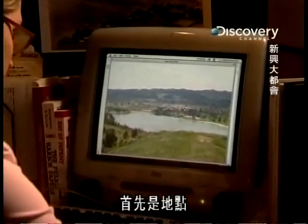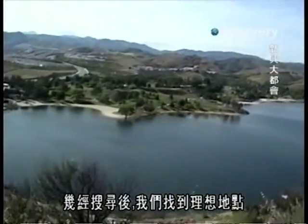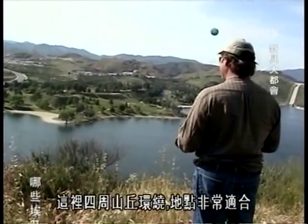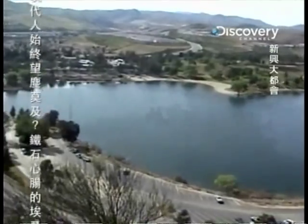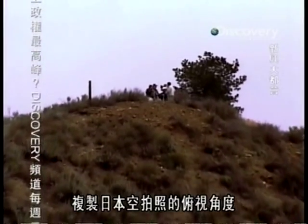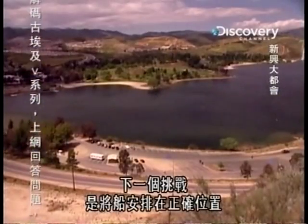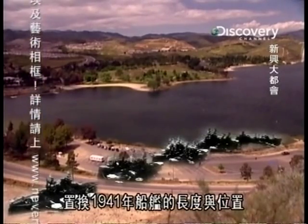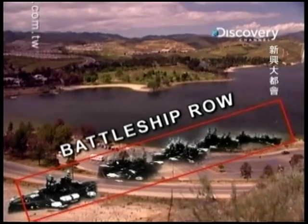First, location. After scouting many possible sites, we found an ideal spot, Lake Castaic, 36 miles north of Los Angeles. Surrounded by rolling hills, the location was perfect. In addition, a nearby bluff provided a platform that could replicate the high angle of the Japanese aerial photo. Our next challenge, putting our ships in their exact positions. We transposed the length and location of the 1941 ships, in this case the USS Arizona. Then our scale model